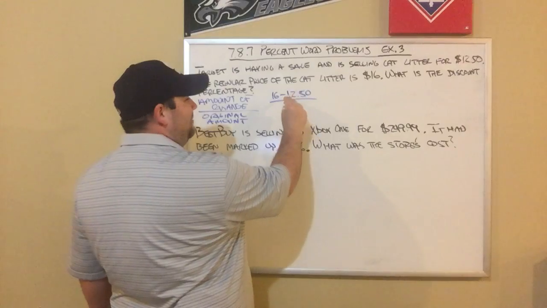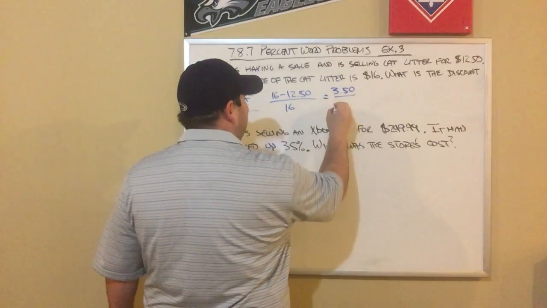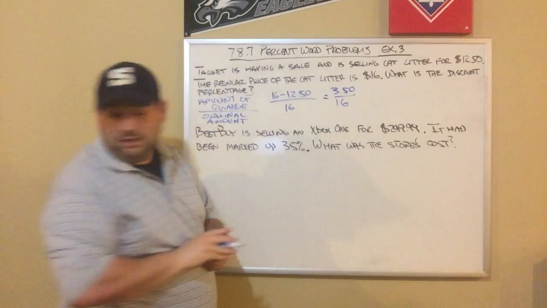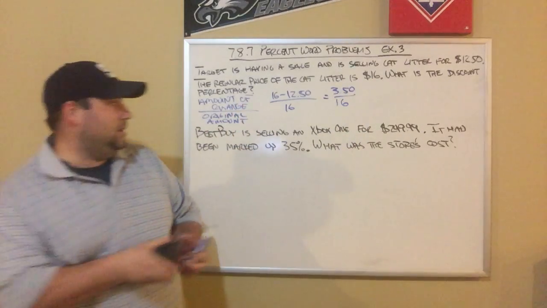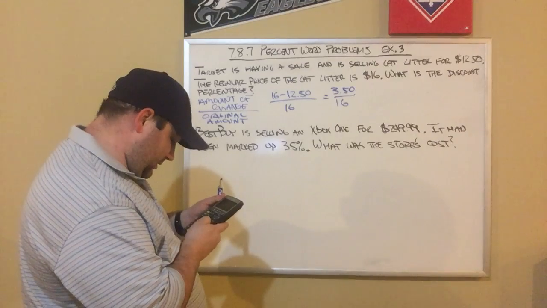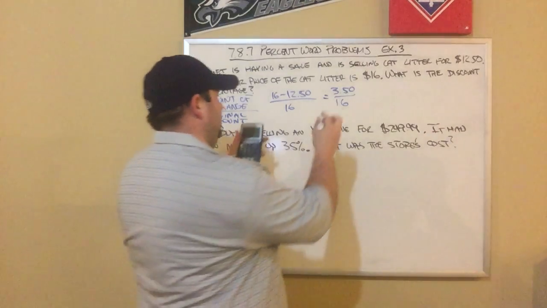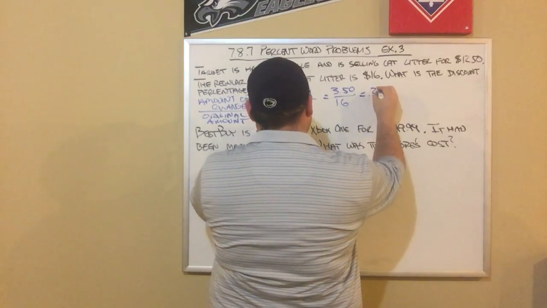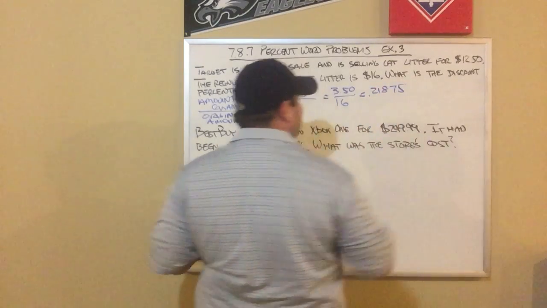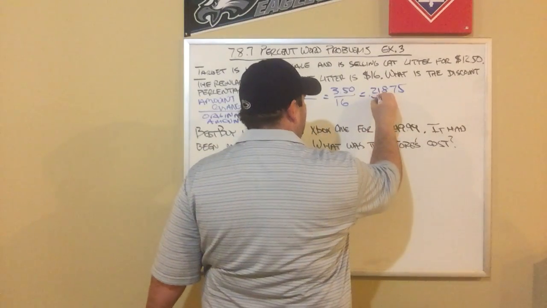So we're going to do that math. 16 minus $12.50 is $3.50. And that is going to be divided by 16. I'm going to use my calculator here. 3.50 divided by 16. I do that. I get 0.21875. This is a decimal. I got to make it a percentage, so I got to move it two places to the right. I get